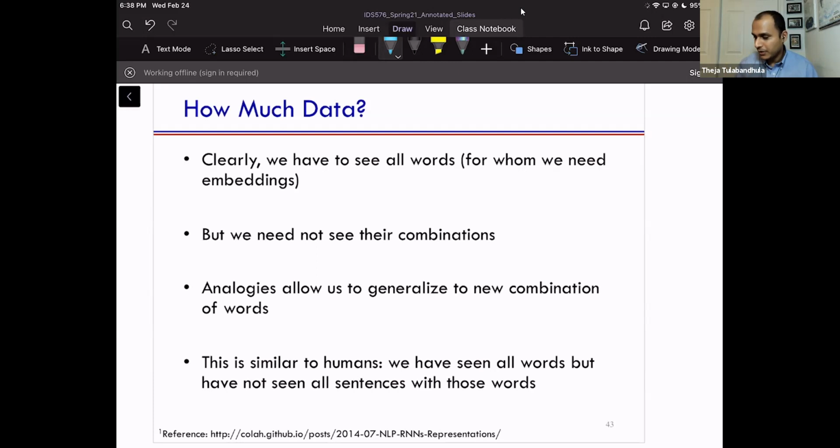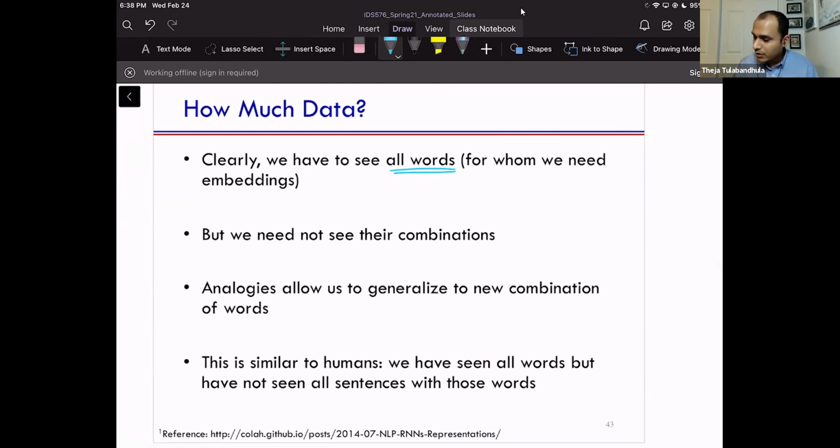And first of all, we need to see all the words. To get a vector representation of a word, we need to see the word somewhere, right? I mean, we need to see the word in the training data somewhere. If we don't see the word in the training data, or when we try to learn the embeddings, then out of the blue you give me a new word, it's not like I know the embedding for that. It's not like the word embedding function would know what the vector for the word is.